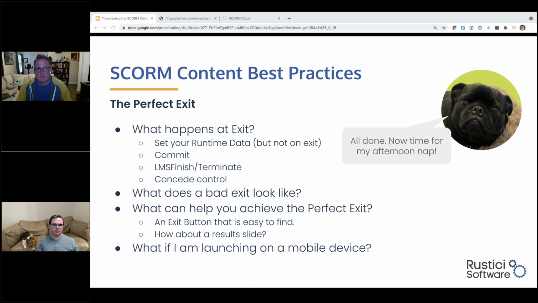But really, when you're dealing with SCORM 2004, you've got to have an exit. So make sure that Terminate is being called. And then lastly, conceding control back to the LMS is a thing,